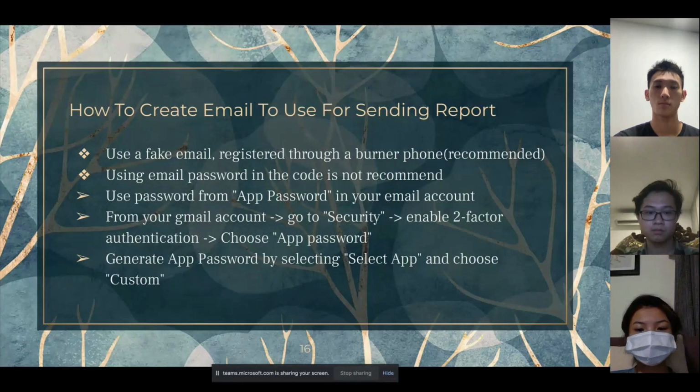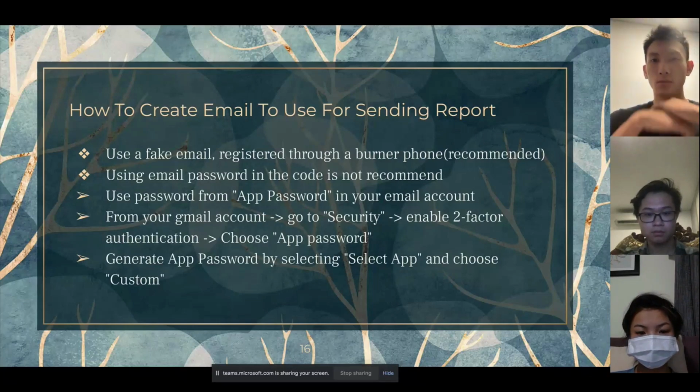How to create an email to use for sending the report. We will get into why later, but the first thing is that we recommend you use a fake email that is registered through a burner phone and not your real phone number. And second, using your email password in the code is not recommended because